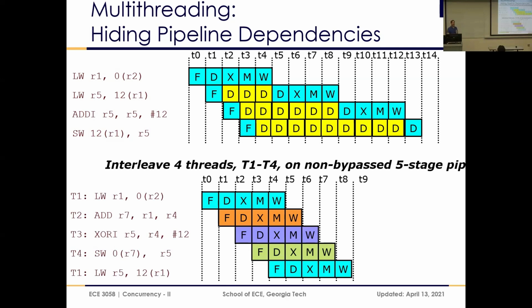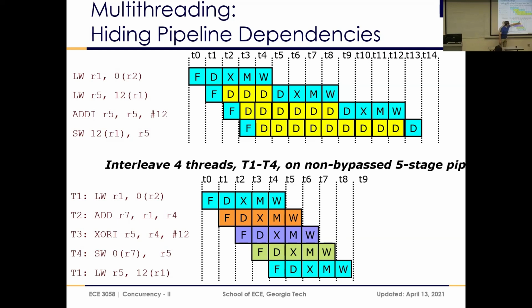Instead of doing that, let's actually change up the game. We're gonna interleave different threads. So here's instruction 1 from thread 1. Here's instruction 1 from thread 2. Here's instruction 1 from thread 3. Instruction 1 from thread 4. Instruction 2 from thread 1. Does that make sense? So now, if we look at the state of execution, we have fetch, decode, execute, memory,